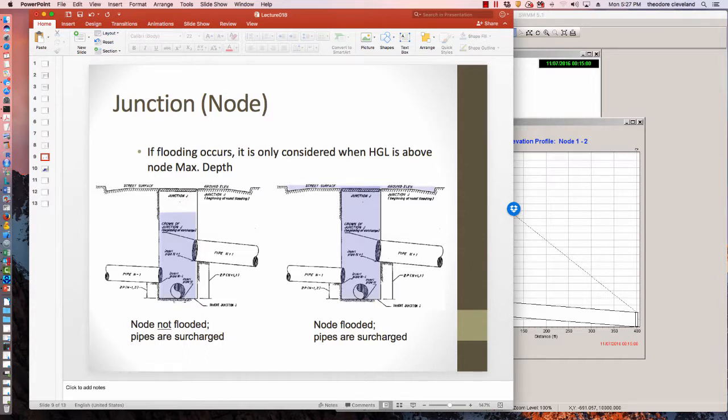If flooding occurs during computation, it's quite possible for the junction depth to be higher than the adjacent pipes. That's the case where the pipes are surcharged, but the node is not flooded. Alternatively, if the water collects in such a way that the water surface elevation goes above the height of the junction, for example in the drawing here we have a slight flooding in the street, this would be the case where the pipes are surcharged, no change there, but now the